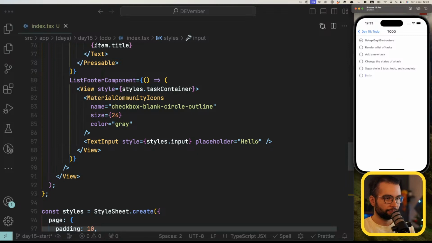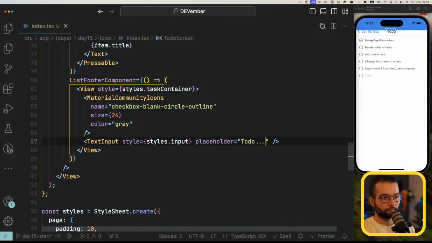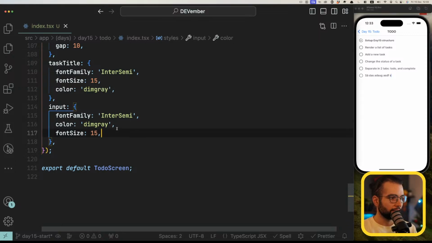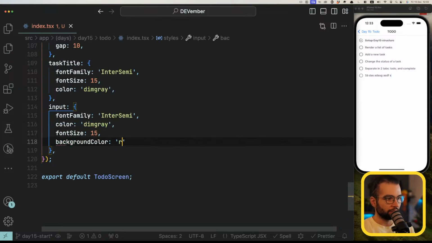So now when I write something, okay. There's something weird happening there, but I don't know what. So input, if I do a background color red,